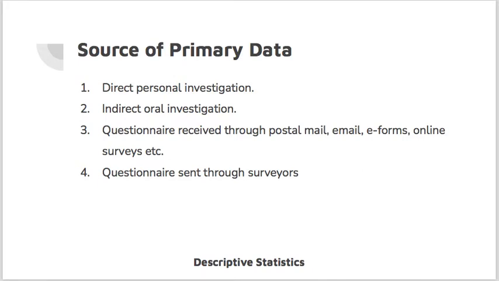The researcher asks the question, and he tries to record the answers directly. The second method is indirect oral investigation, where the researcher asks different types of questions and, based on them, makes a judgment about the numerical value of the variable, not asking direct questions. The third popular option, which most people use, is the questionnaire.